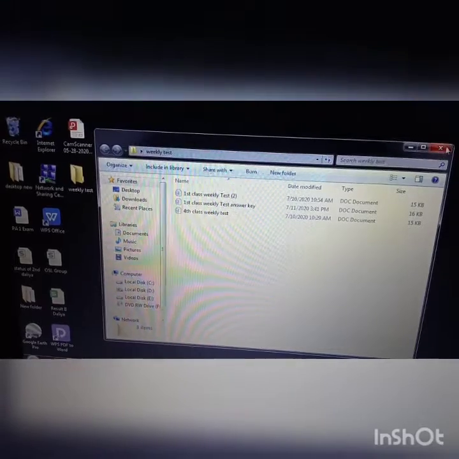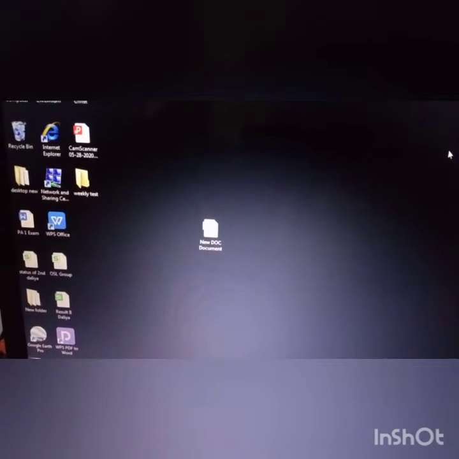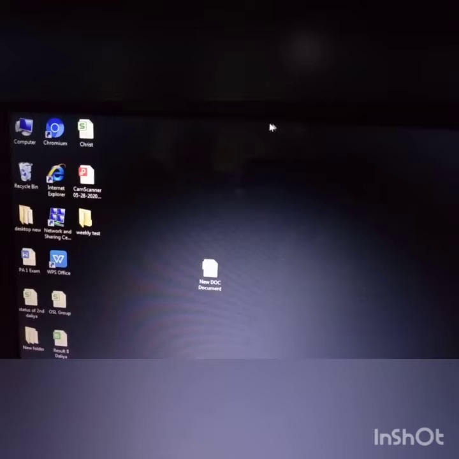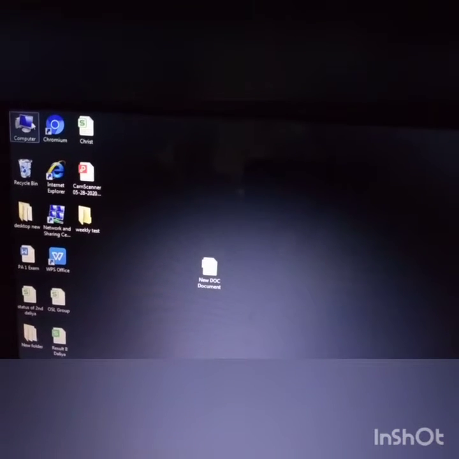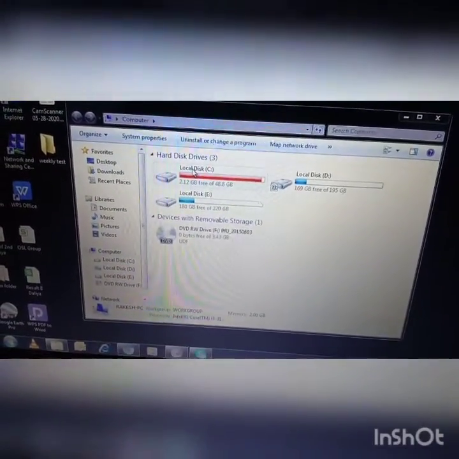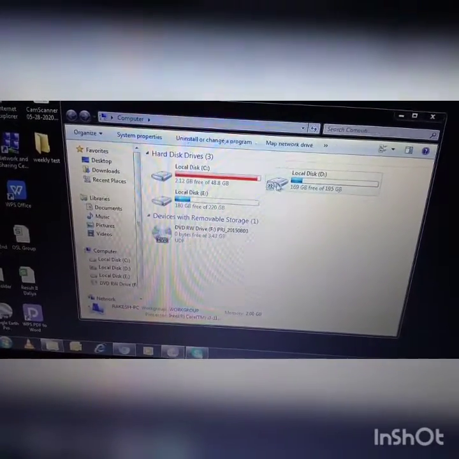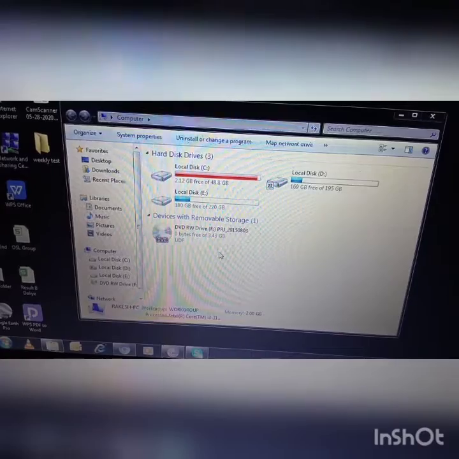Now I will close it. Everything stored on your computer is easily accessible through the Computer folder. This is your Computer folder. When you click on that, you can see Local Disk C, D drive, E drive or CD DVD drive.